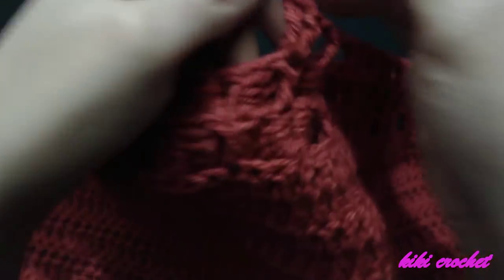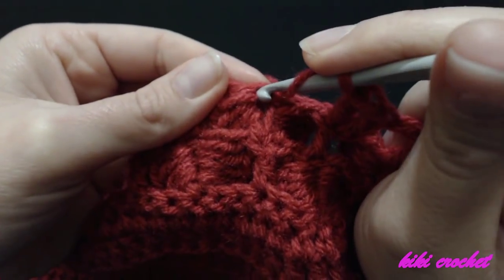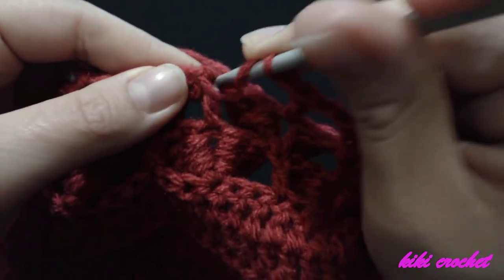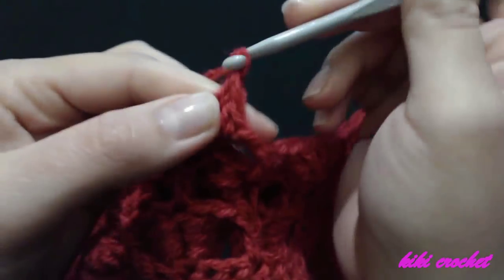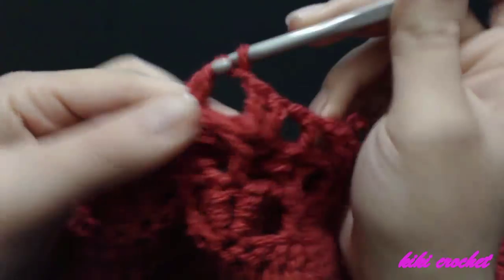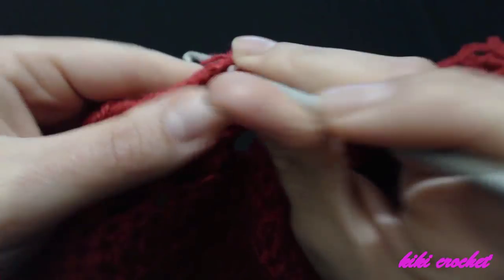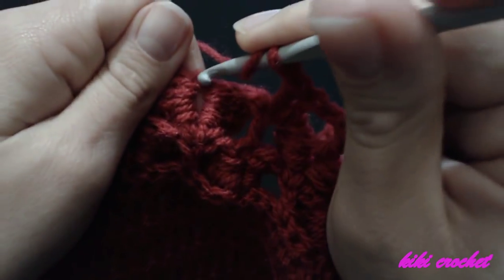2, chain 1, make 1 double crochet in the eye of the crocodile stitch, chain 1, 2 double crochet on top of the 1 double crochet, 1, 2, chain 1, 1 double crochet in the eye of the crocodile stitch, chain 1, 2 double crochet in the one on top of the 1 double crochet, chain 1, 1 double crochet in the eye of the